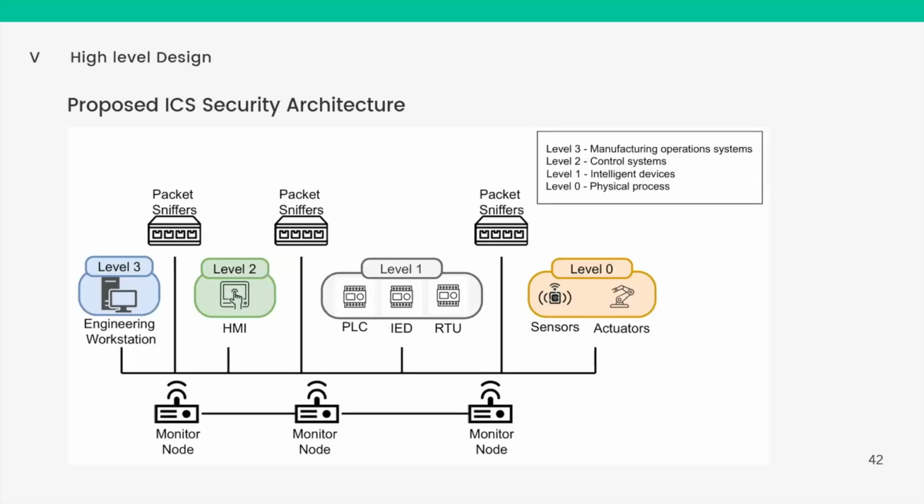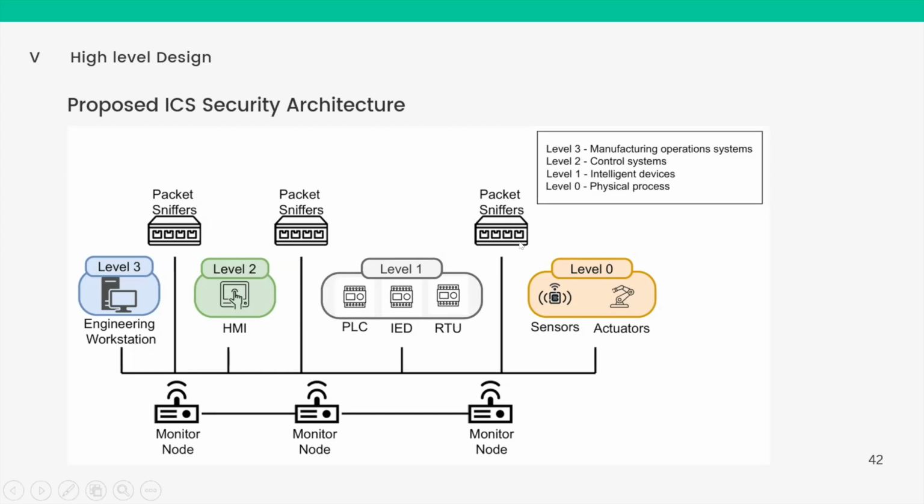So now we are going back to our title: how we use this in an industrial control system. We are suggesting monitoring nodes which have the capability of capturing the EM radiation, running an algorithm and making the prediction. If it senses something anomalous, it could trigger a packet sniffer which could collect traces while the anomaly is happening. We can place them in different places of the industrial control system.